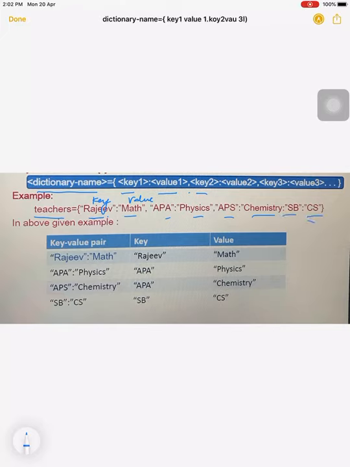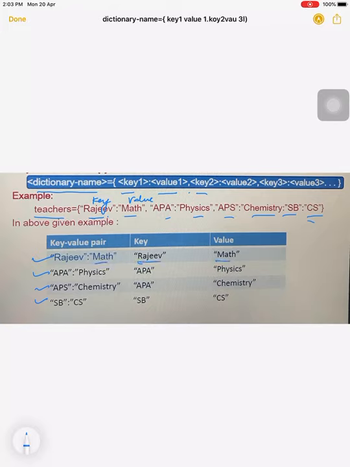Same as APA is a key, physics is a value. APS is a key and chemistry is a value. SB is a key and CS is a value. So this is the dictionary, which is a collection of pairs of keys and values in curly braces.